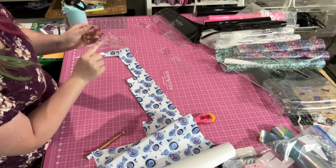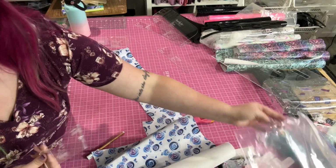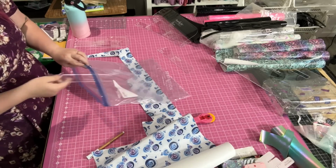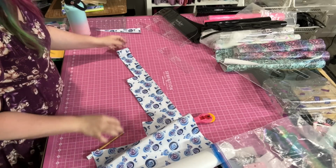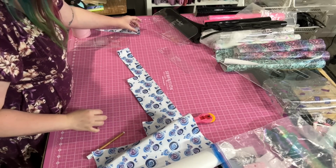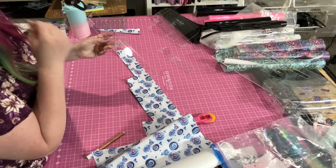So I just needed those 2 pieces of pocket panel C, so I'm going to go ahead and just start putting my template pieces away. Just slide that right in there, and I know I've got it. This is the large top panel,